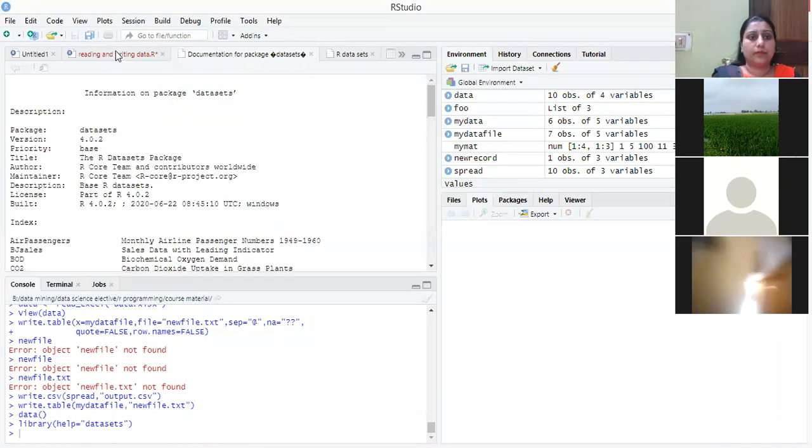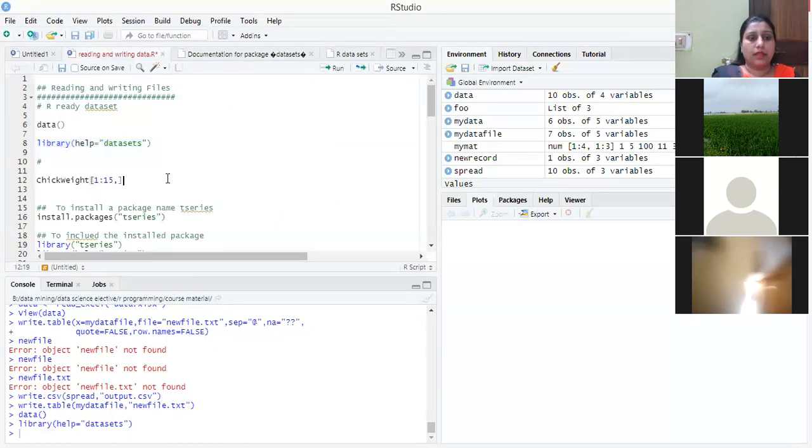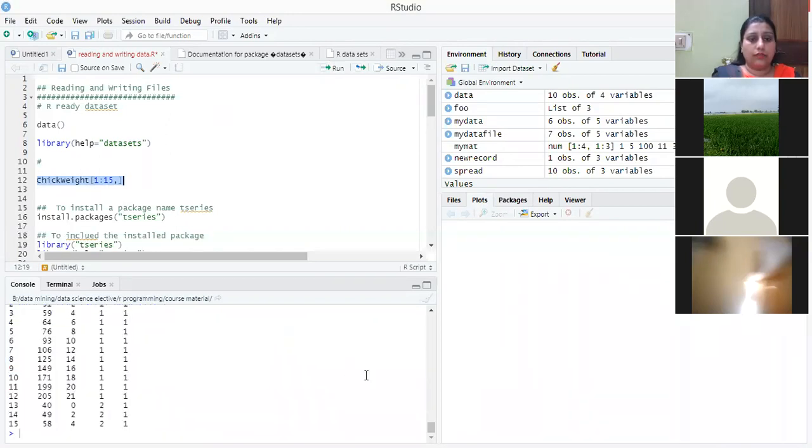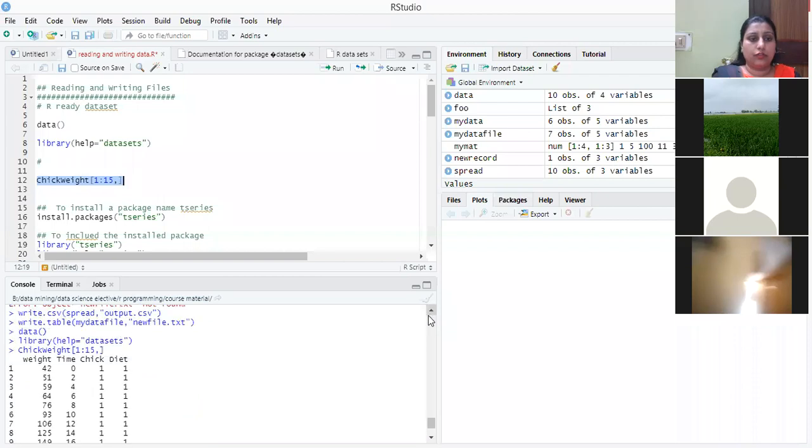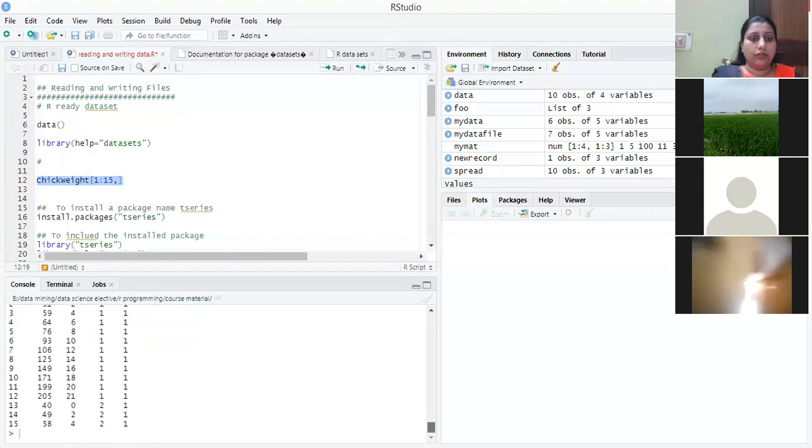As I told you, if you want to extract, suppose, 1 to 15 rows, then we can write 1 to 15. At the console window, it will show me the starting 15 rows of the data sets. You just change the index, you can extract the different rows.